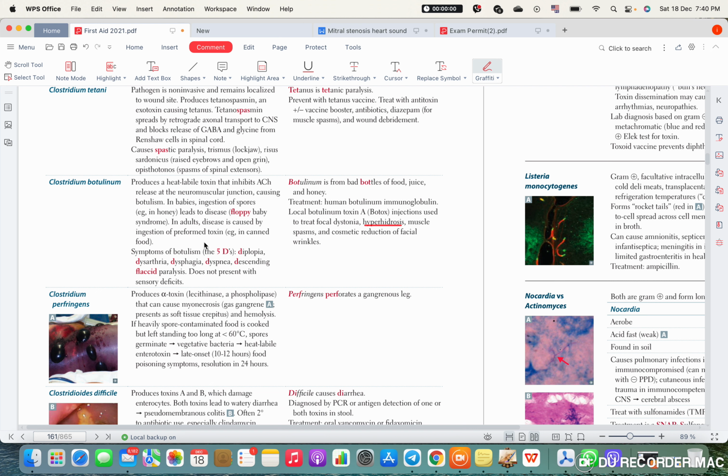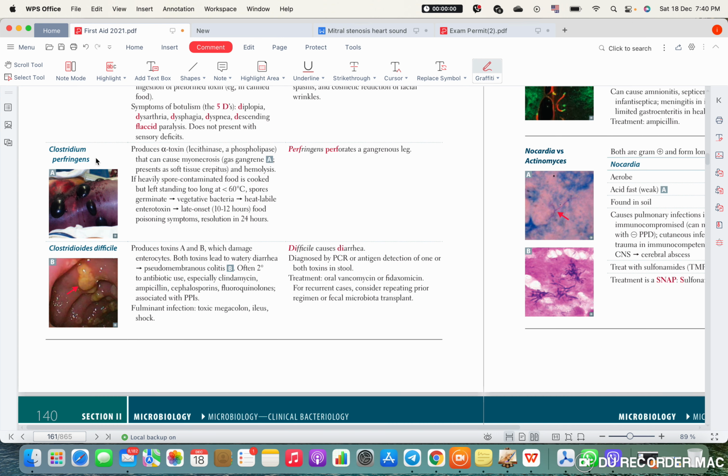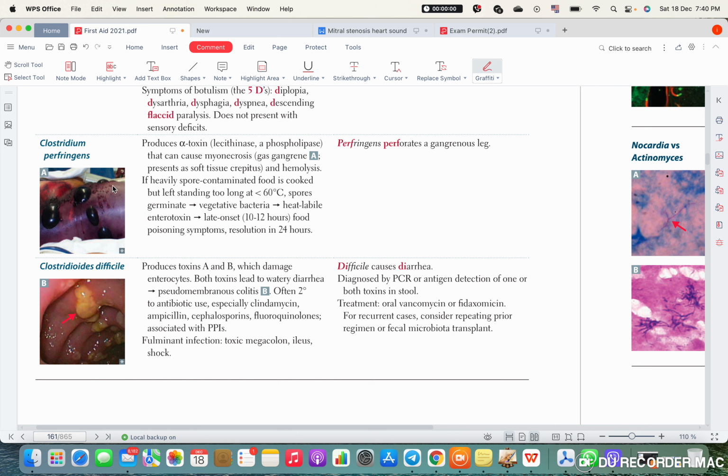Okay, done with Clostridium tetani and botulism. I assure you guys, you will get 1 to 2 questions about maybe each of these. They love these two concepts. Now, this one is a little bit lower yield, but still, it's important. The Clostridium. Now, a quick question. Is Clostridium gram-positive or negative?